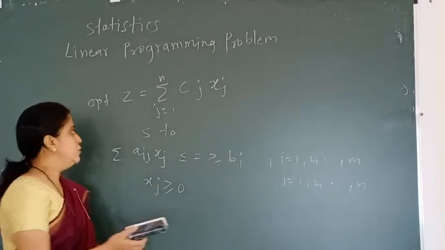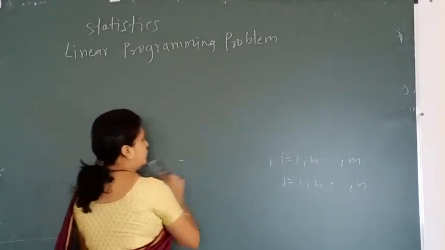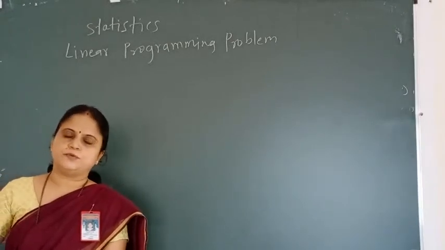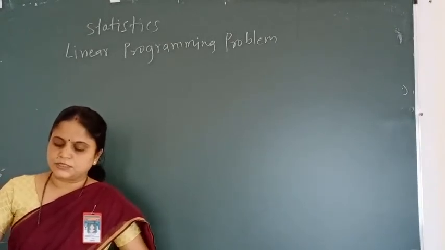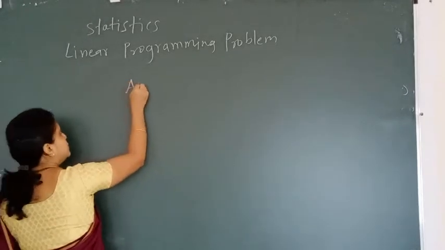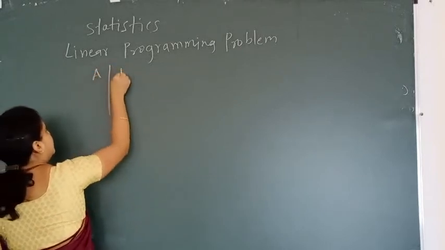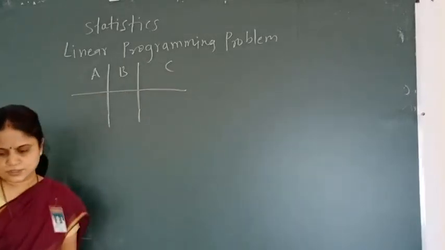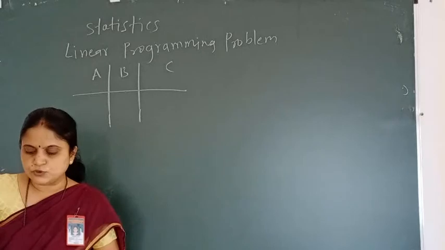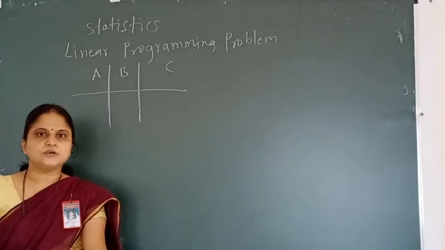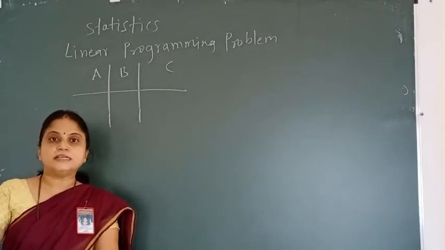Now we can actually formulate a problem. I have one problem, given as an example of how to formulate it. A firm can produce 3 types of clothes, say A, B and C. Three types of wools are required for it, red, green and blue, to produce the cloth of types A, B and C.